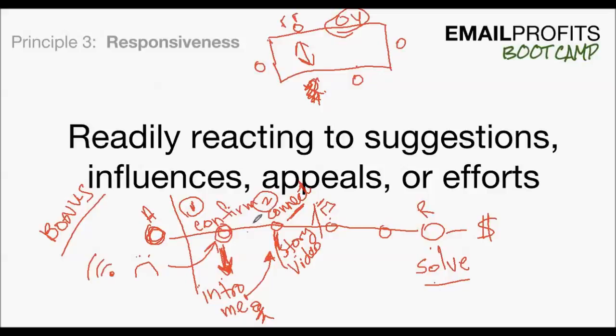So the second email, and I'm going to put a document in the member site that outlines this. So if you don't get exactly all of this right now, it's not a problem. So just relax and watch this. So the first thing you're going to do is confirm. The second you're going to do is connect. The third thing that you're going to do, okay, is show that they're a part of a community. Okay, community. And the way that you do this is by using social proof. Okay, social proof. Okay, so you're going to be using testimonials,